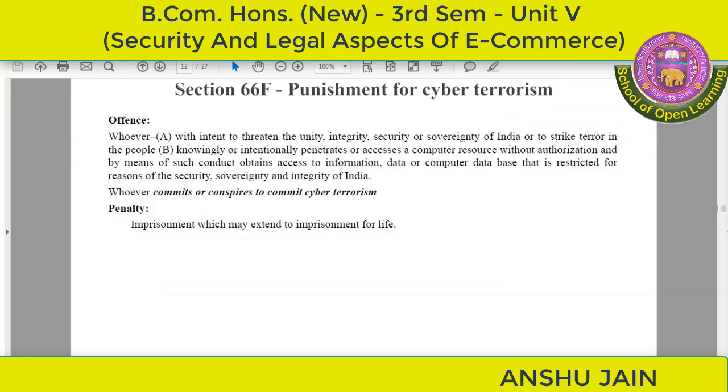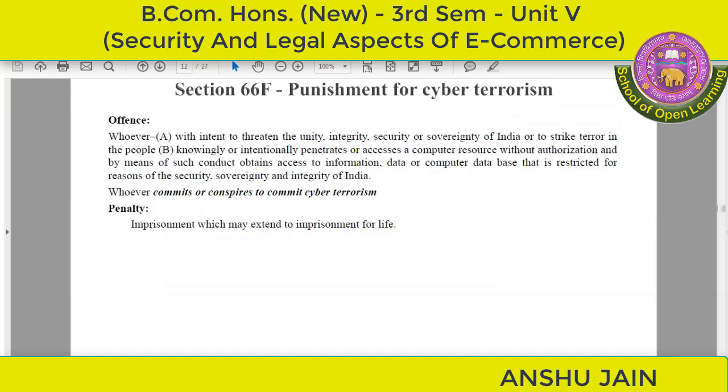Now the person who is doing any of these things, or conspires to commit cyber terrorism, then the penalty will be levied on him,